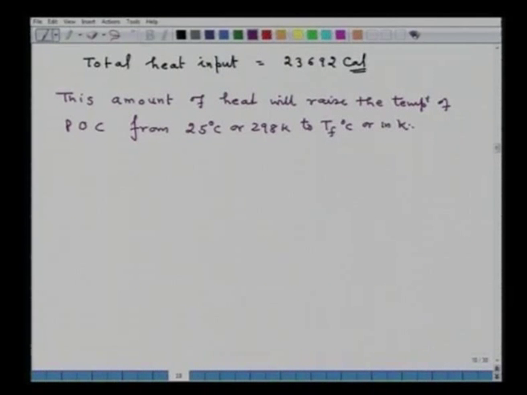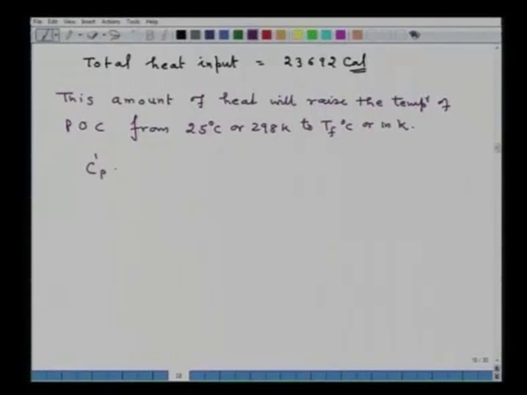So, now we have to find out the heat capacity of the mixture of the products of combustion, and as I have illustrated in the last case, I am straight away writing down C dash P, that will be equal to 10.35 plus 1.77 into 10 to the power minus 3 T minus 0.5 into 10 to the power 5 upon T square.